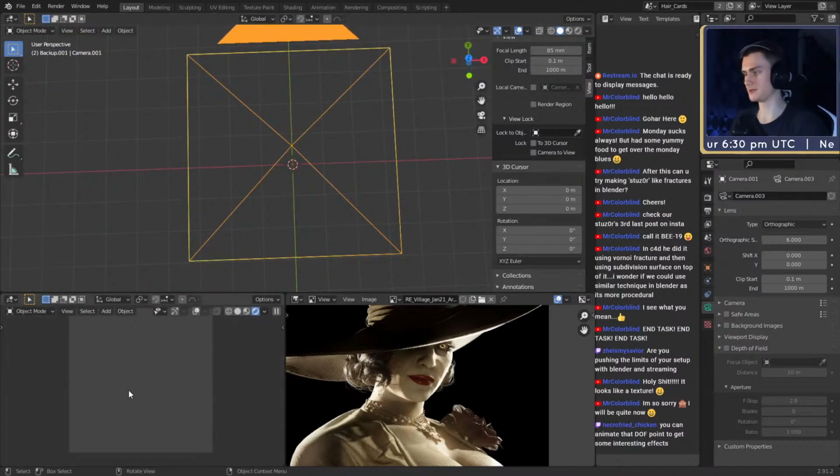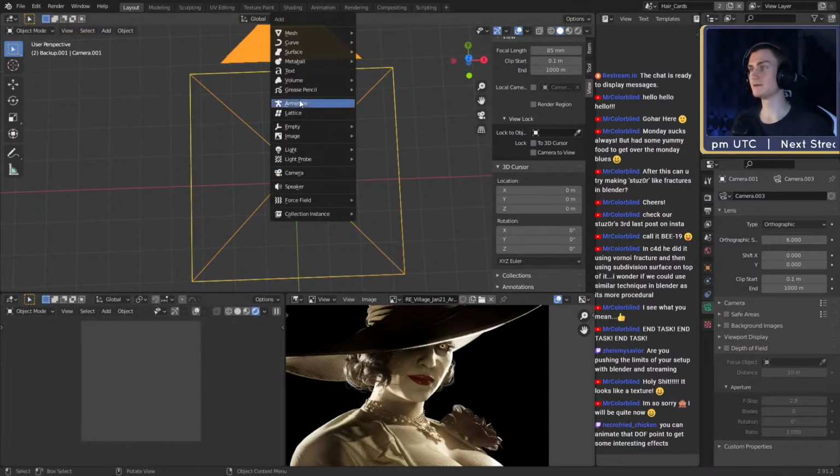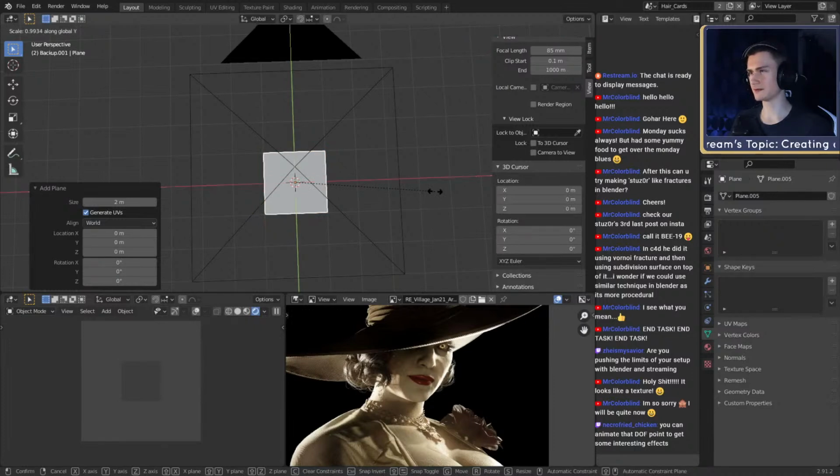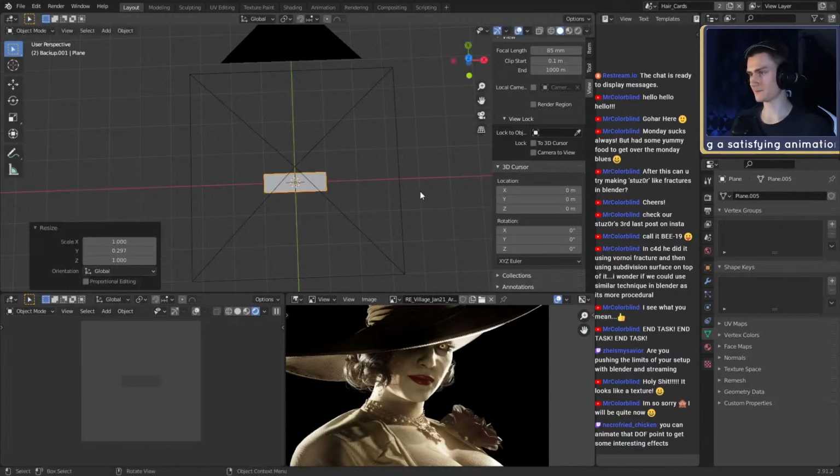So let me go into the camera, and we need multiple planes. We don't need them to be quadratic, or as wide as they are high, I guess. How many do we need? I would say we need 3. Yeah, 3 should be good. So we can see it right there. We have our first plane.